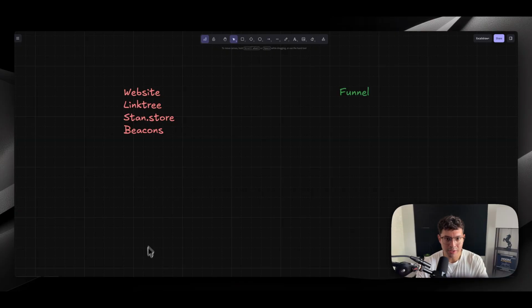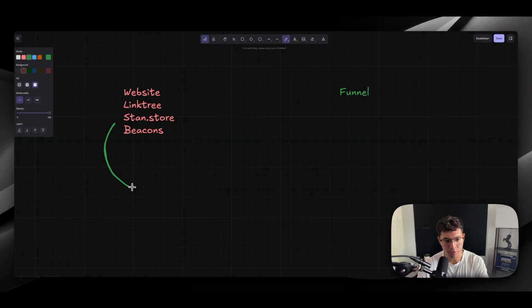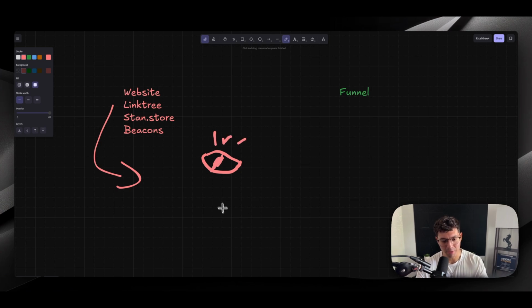But what ends up happening when you have a suite of different options, and let me actually just erase this here. Okay, let me make this red. So what ends up happening when you have this suite of different options is you end up directing traffic, right? So let's say this is an eyeball right here. Pretty bad eyeball there, but let's say when you have attention, when you have traffic, you have an audience and you're trying to direct that traffic in multiple different directions,